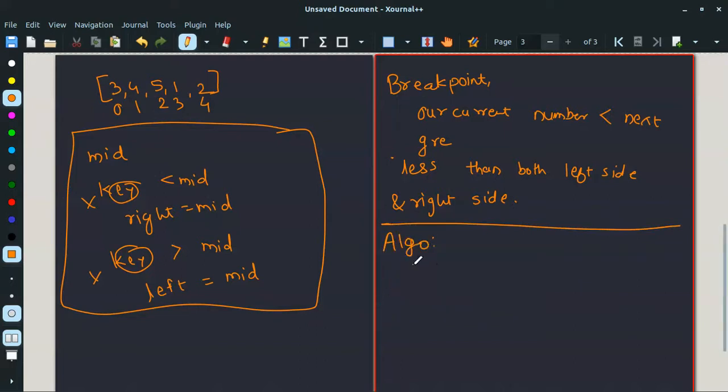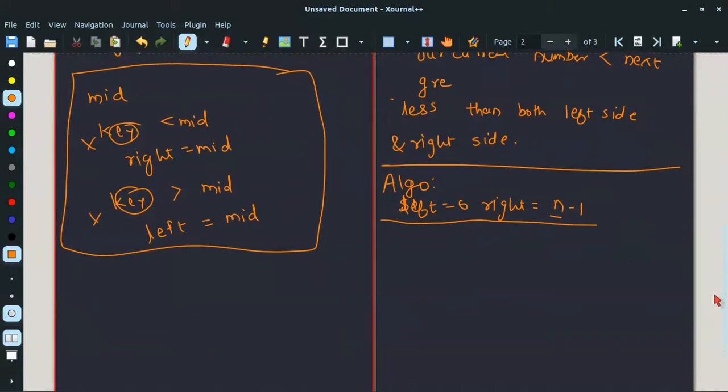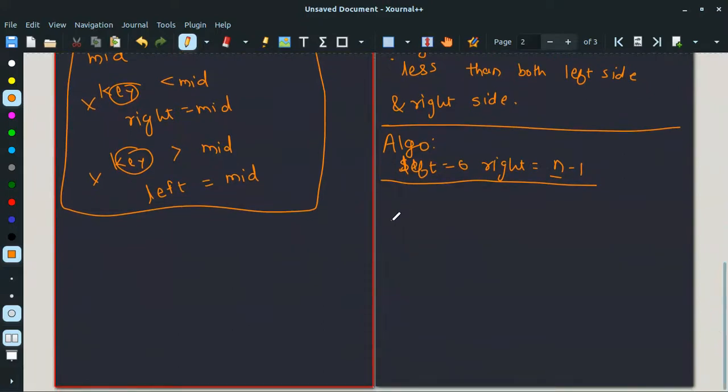We will do a binary search. We will start with our left pointer equal to 0 and right pointer equal to n minus 1, where n is the size of the array. So we will start traversing. While left is less than the right index, we will calculate mid.